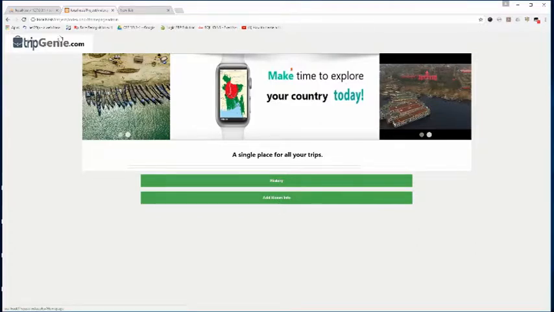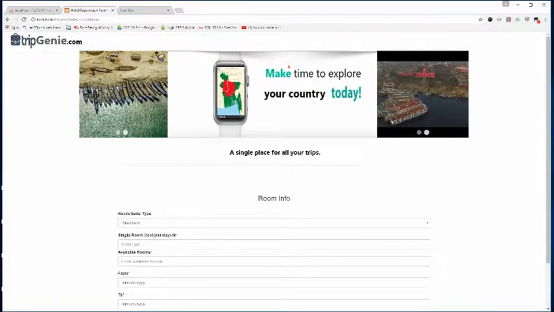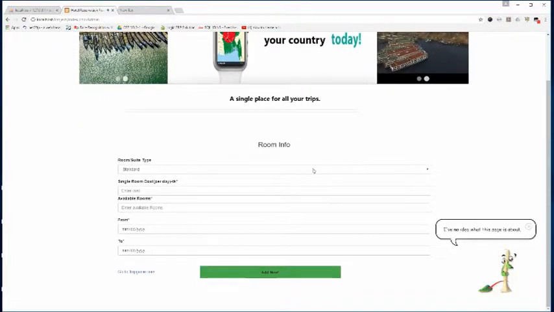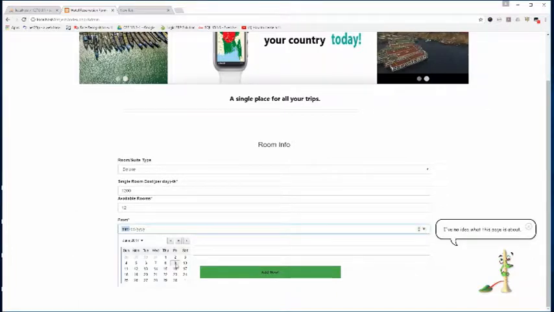This is the first page of our main website of booking form. So here we can see that we have two parts. You can enter as user or you can enter as admin. Admin administrates all the things. History shows all the bookings, previous bookings of this hotel, and add room info is for adding room information and allocating them for them.